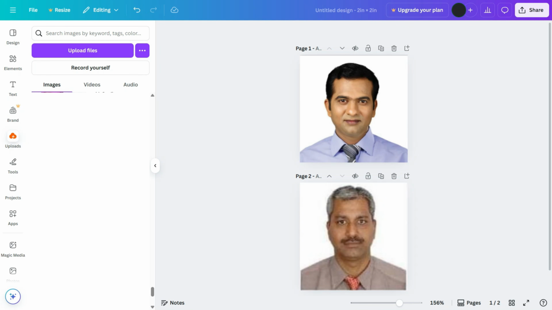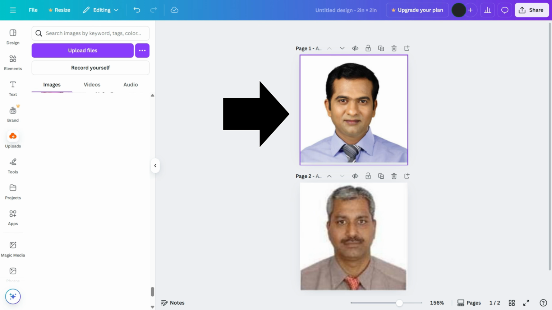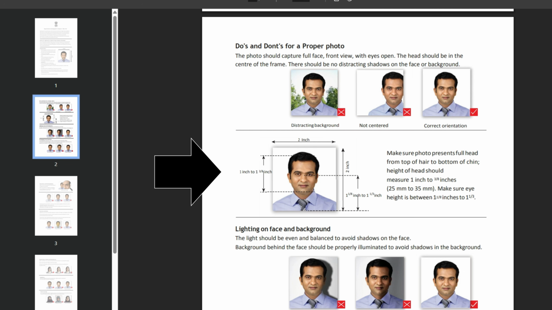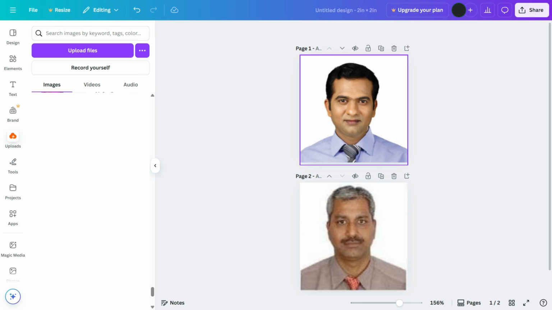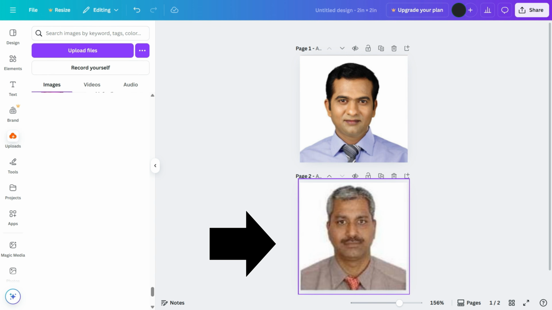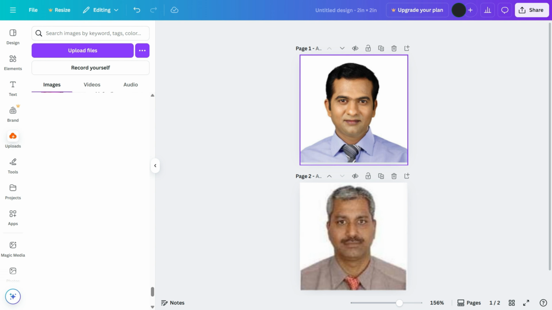I'll give you one more foolproof method. This way, you will not face rejection at the service center, and you can also validate. You can be confident to tell them to process the photo. How? For example, this is the photo which is given as an example. The dimensions, everything matches, and this is your photo which you have taken from a photo studio. This is just an example photo. The pixel is bad. In your case, you will have something like this, and you can just bring your photo